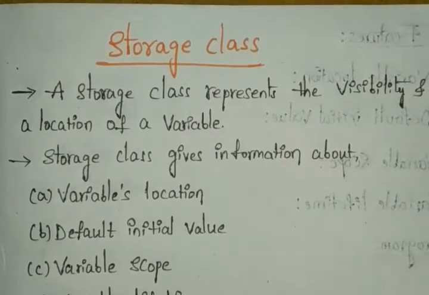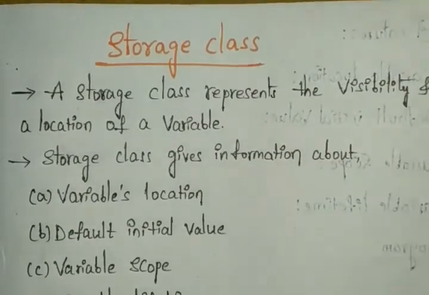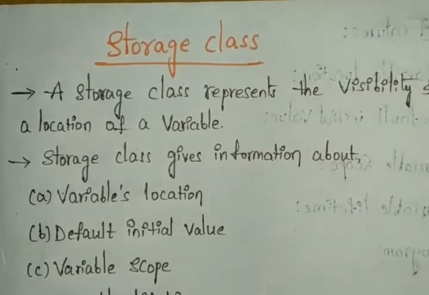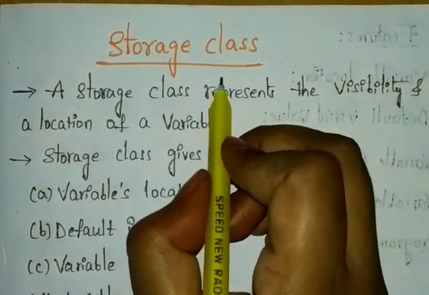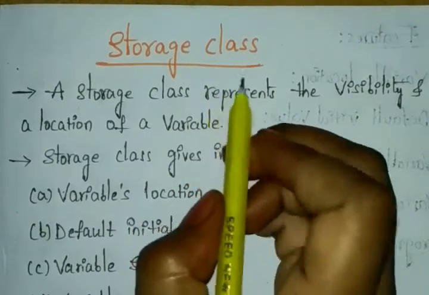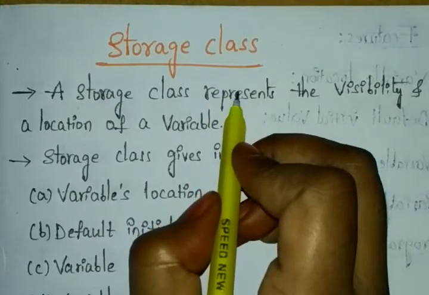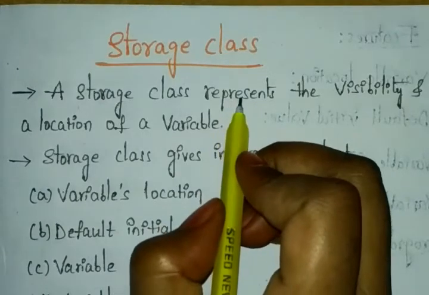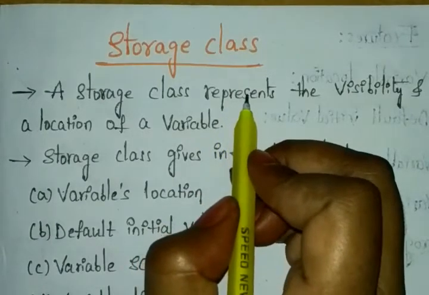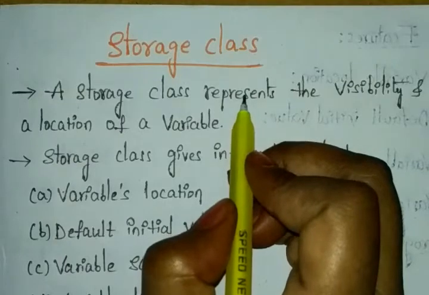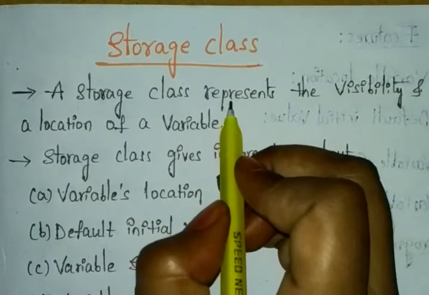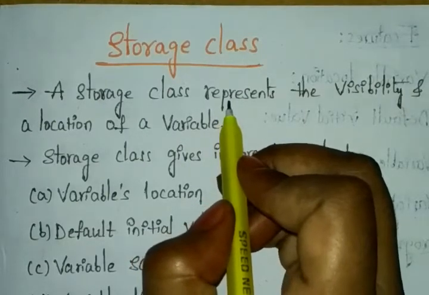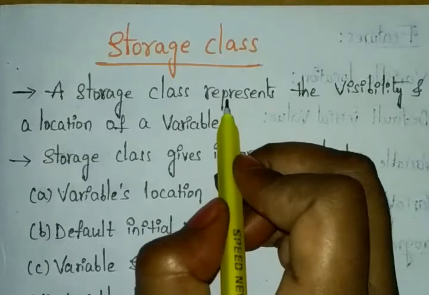But not only with data types, we can also use storage classes whenever we define variables in our C language. Only with variables can we define these storage classes. Simply, all variables have not only data types, but also storage classes. And it is not necessary to define the storage class. Why? Because normally it takes the default.